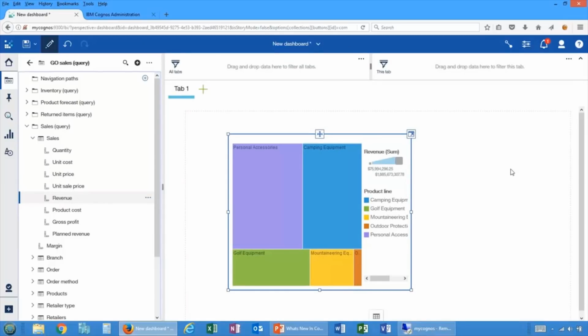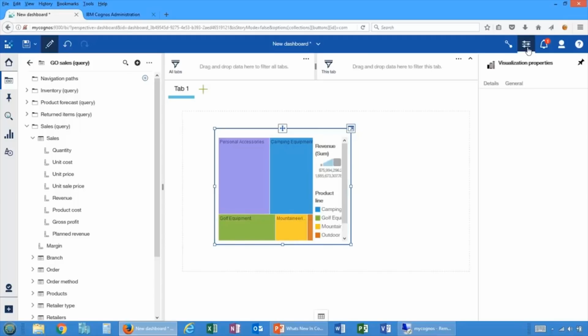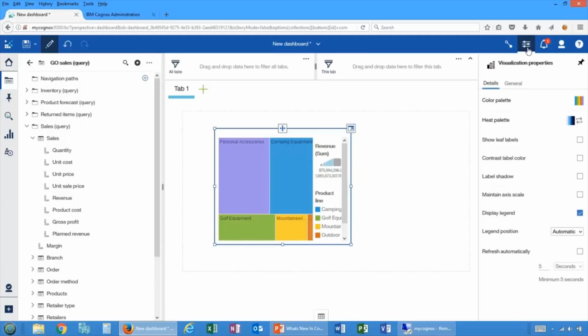So first, let me just reiterate the sign-on notion. Before this release, the 2 sign-ons would prevent me from using this package. I couldn't use this package to develop or run a dashboard or use this package in a data module. Now it simply prompts me, just like it prompts me when I use reports. So that's the first enhancement I want to show you. The second enhancement has to do with the property sheet for this visualization. This happens to be one of the visualizations that includes those new